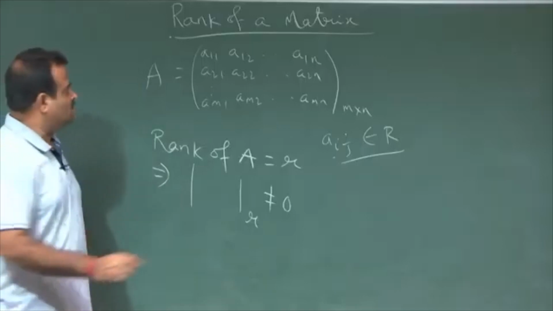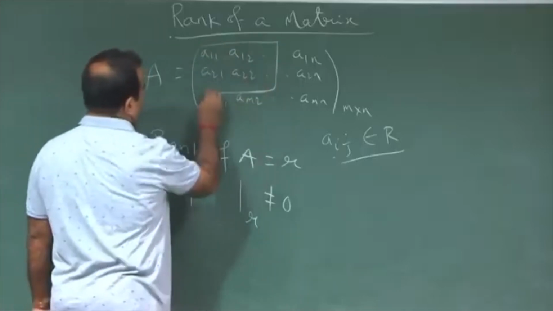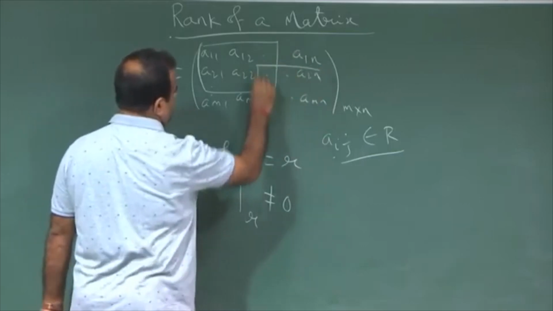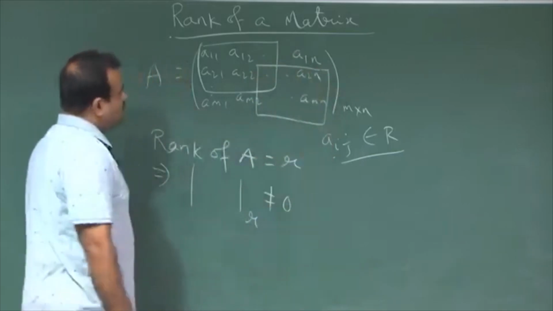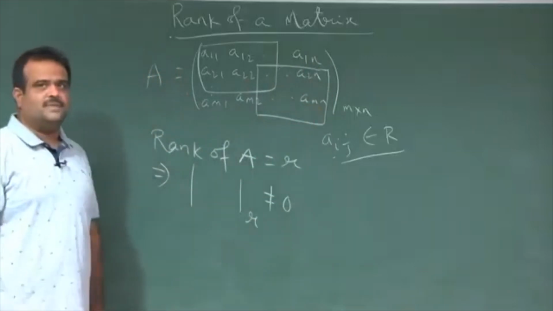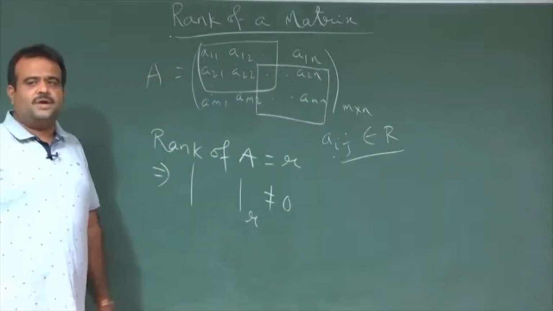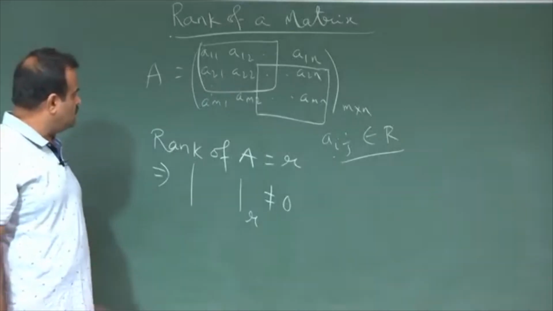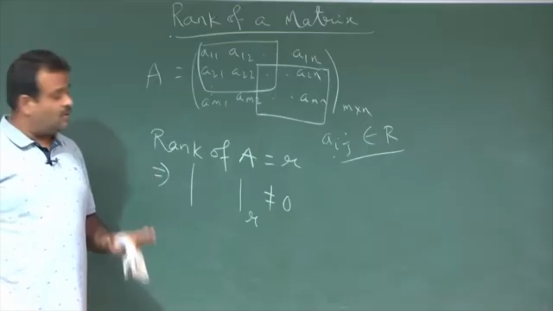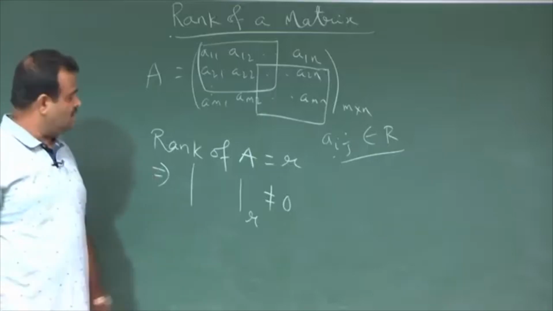We need to get at least one minor of size r, not necessarily a principal minor, any minor. Minor means we take a submatrix of it and take the determinant of that, and that value should be not equal to 0. So, we should have at least one minor of order r which is non-zero,